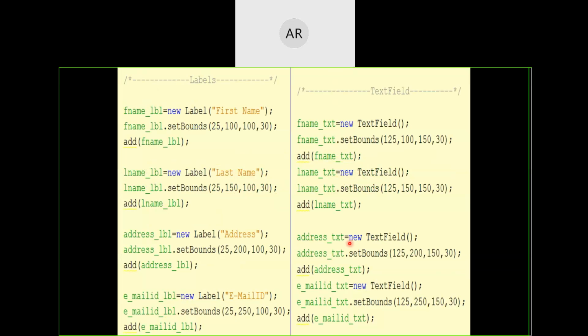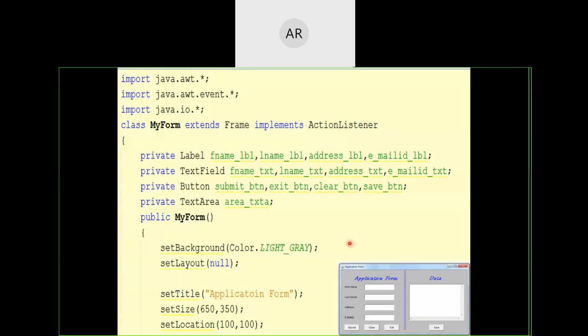Just like how we had the button action listeners over there, here also I have written it with the same ideologies. My class extends the frame class and implements the action listener, which was for our addition type of program. Very similar to that.